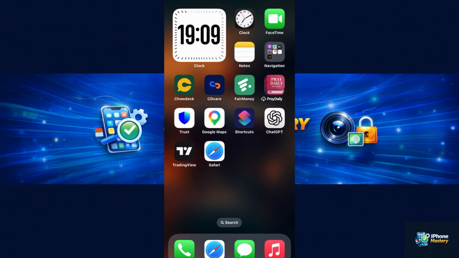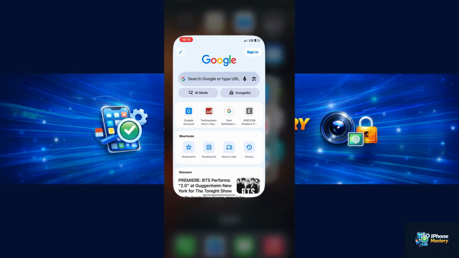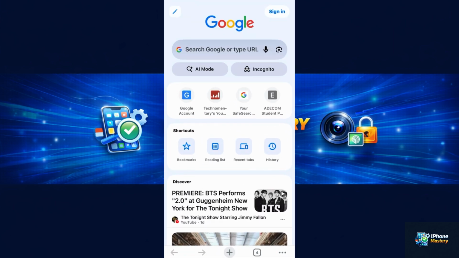I want you to go to your Safari or your Google Chrome, any browser you're actually using on your iPhone. So for this tutorial, we're going to be using Google Chrome. So let's go to my Google Chrome here. So once you open up your Google Chrome, I want you to go to the search bar and search for